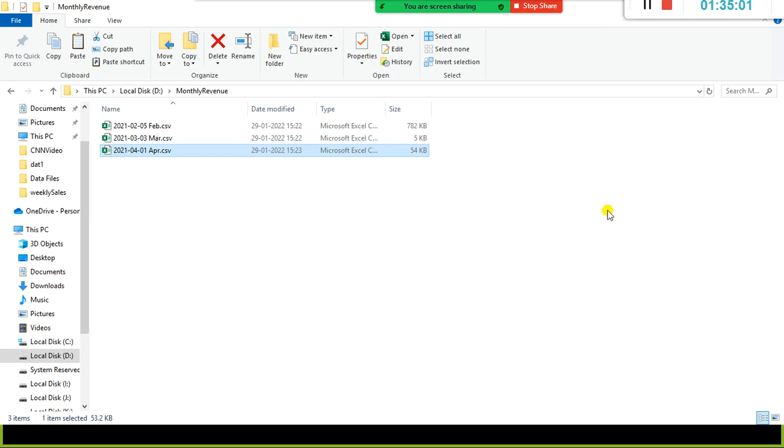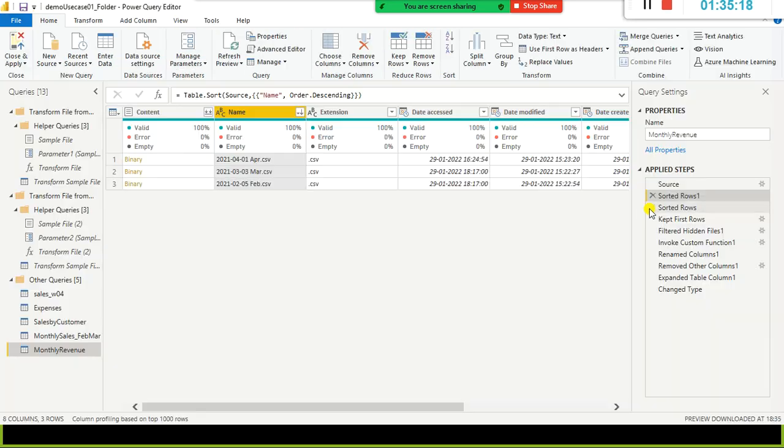Let us do it this way. Let's say in your data, for the first 2 months, the sales column came out correctly as numeric values only, and you did not apply any transformation. But in the 3rd month, April, in the sales column, some dollar values come. In that case, we did not use any steps to address that issue. How will you address it? Come up with a solution.